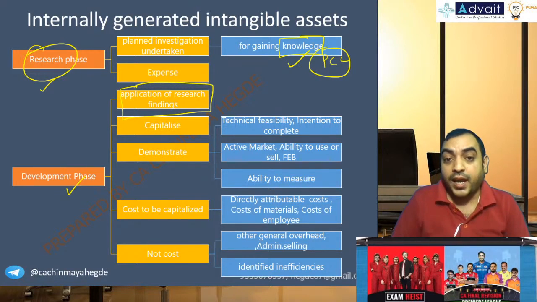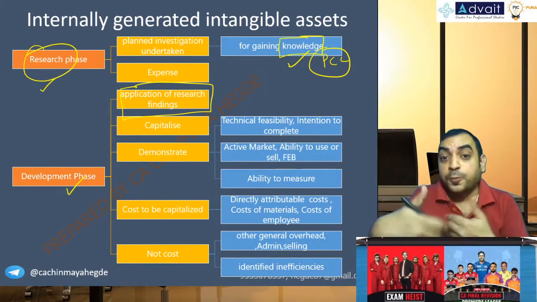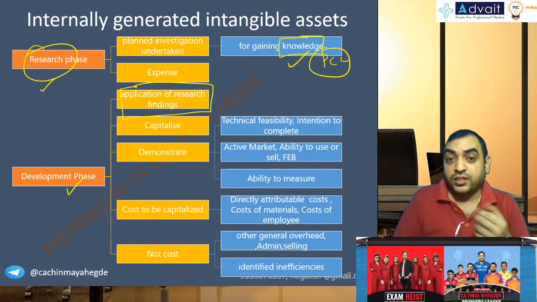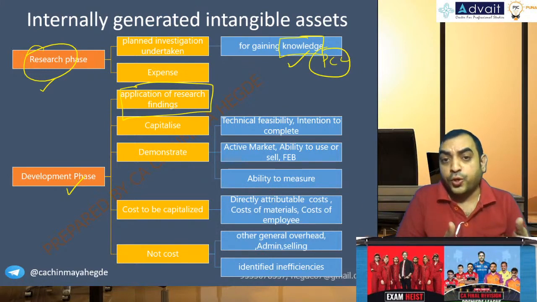You need to set up the plant, you need to apply for the patent, you need to do some more legal proceedings, you need to apply for the legal applications. So a lot of things to be done, and once they give the approval, you need to keep your things ready. You start producing the goods, labeling will happen, lot of other expenses will be called as development expenditure that